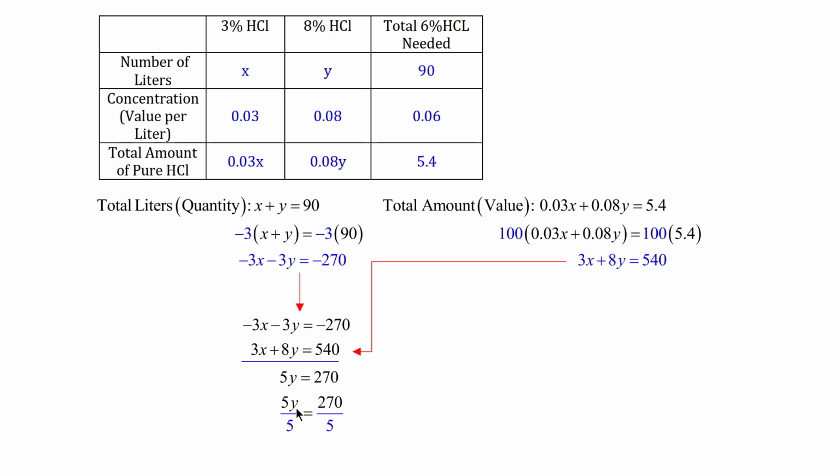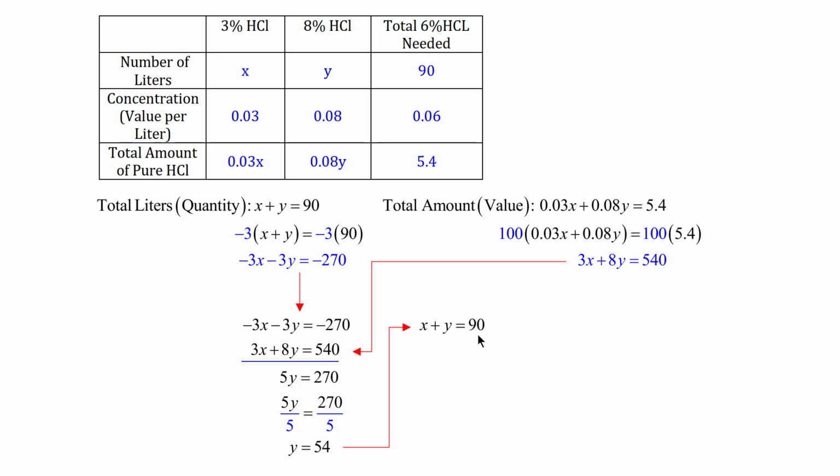Simplifying the left-hand side, 5y divided by 5 is y. On the right-hand side, 270 divided by 5 is 54. The result is y equals 54. From here, we need to solve for the x variable. To do this, we just take our value for y, and we could substitute it either into our first equation or second equation. I'm going to use the first equation, x plus y equals 90, because it's a lot easier